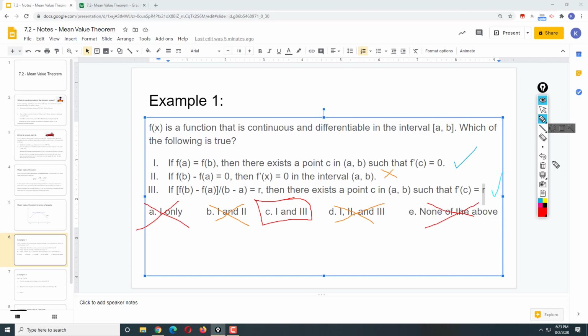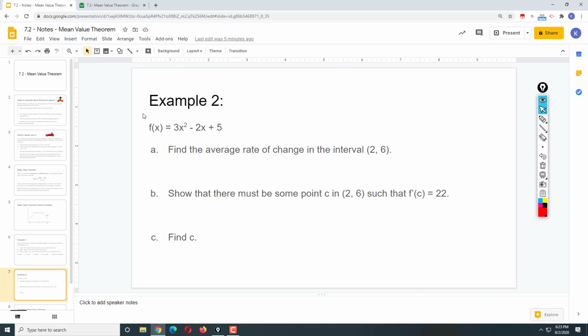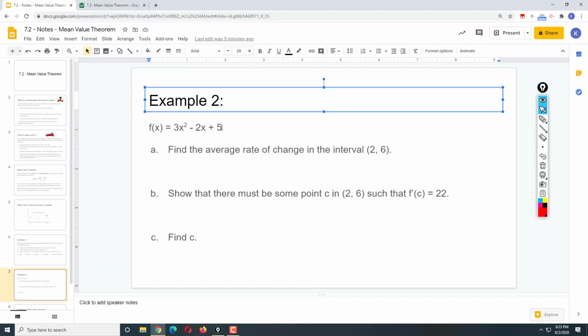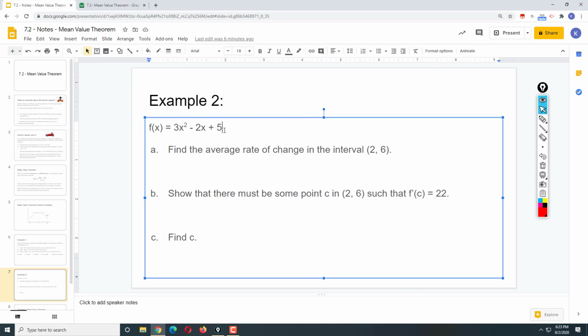Okay. One more example. Example 2. F of x is equal to 3x squared minus 2x plus 5. Part A. Find the average rate of change in the interval 2 to 6. Alright, well,